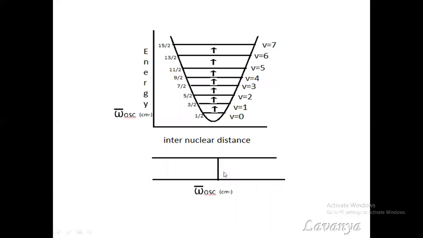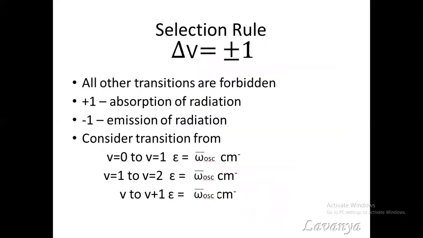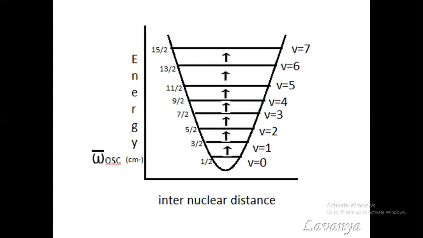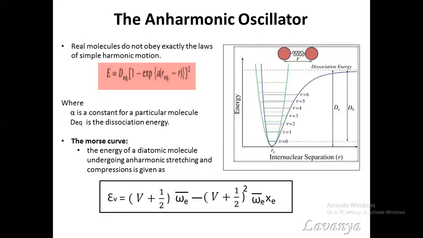But this is not actually happening. We are not getting one peak for the molecule. So we have another idea. This is whenever we consider the molecule to be under harmonic oscillation, but the molecule is not under harmonic oscillation. If a molecule is allowed to move, stretch or compress, after some time the bond can break, and the oscillations are not simple harmonic. It is considered an anharmonic oscillator. To explain the anharmonic oscillator, we use the Morse curve.